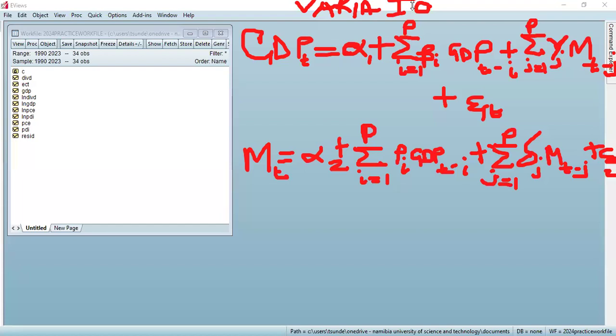That's why we've specified our VAR model in this manner, to talk about the conditions which would result in